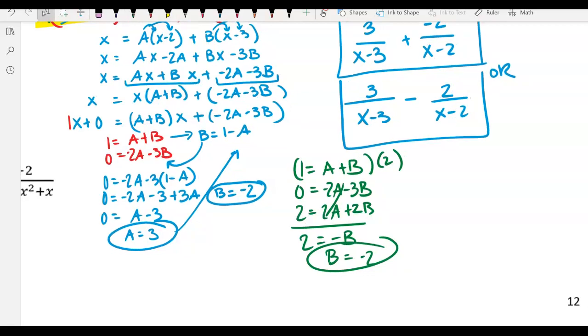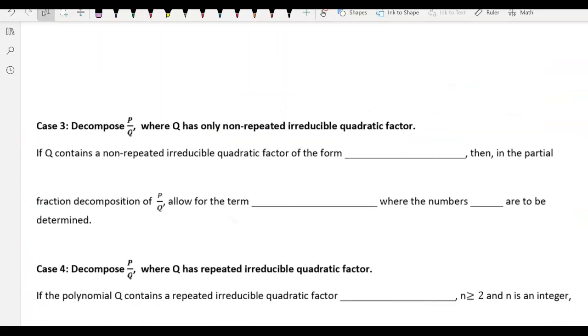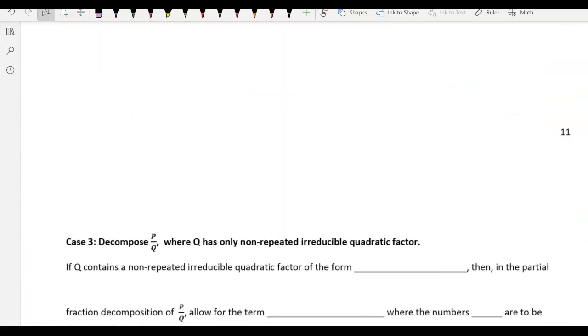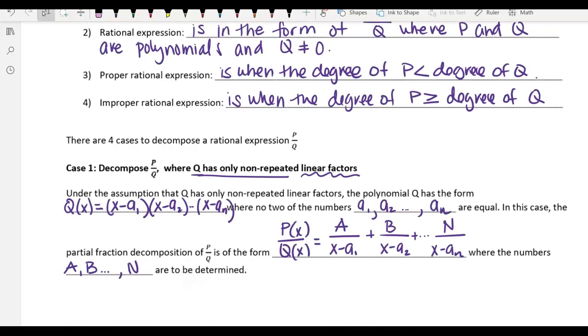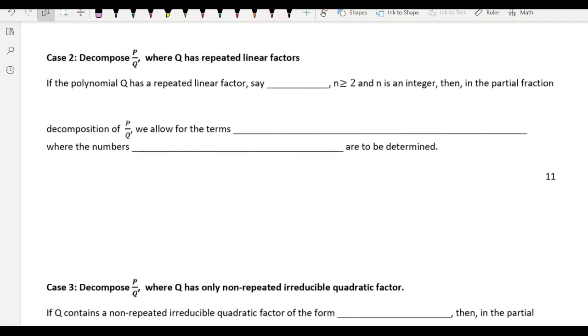All right, let's go back to define cases 2 to 4, and then we'll come back and finish up as much as we can. Okay, cases 2 to 4. Okay. Case number 2 says,